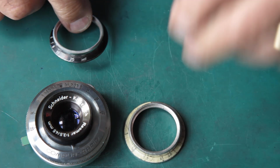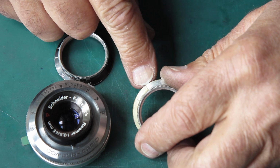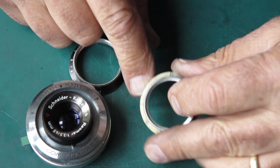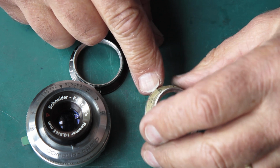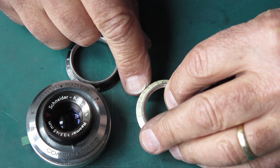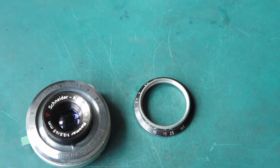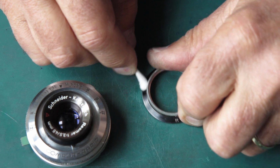Now this was the focus scale ring from this camera. It's lost its scale at some stage, and someone's put a piece of tape on here quite carefully, or paper probably, and glued it in place and carefully marked the distances on that tape. Very neat handwriting. Wish I could write as neat as that. But I have a spare ring here, and it's difficult to think back as to how you get these parts, but I think that what happened was I had a Retinette like this,